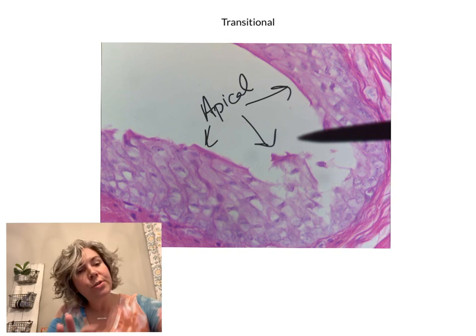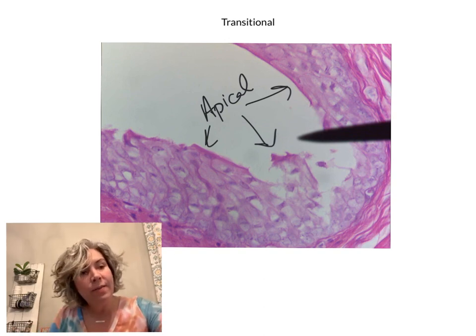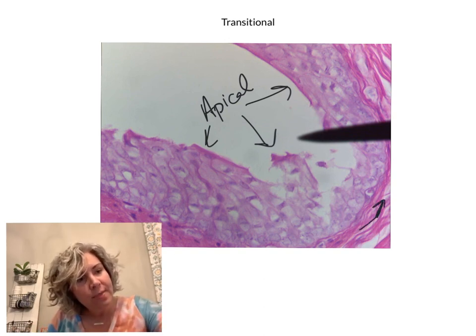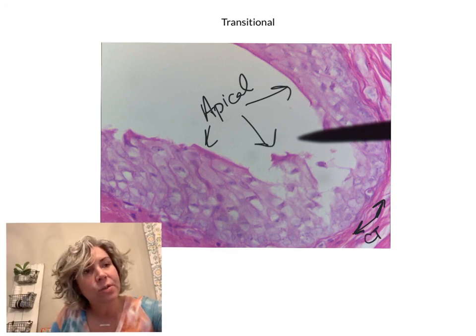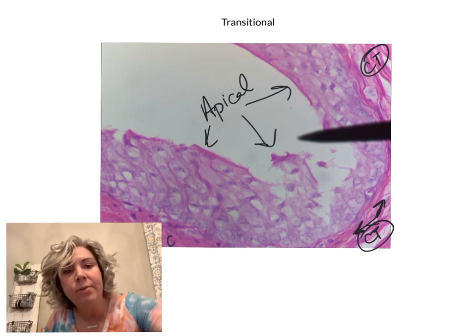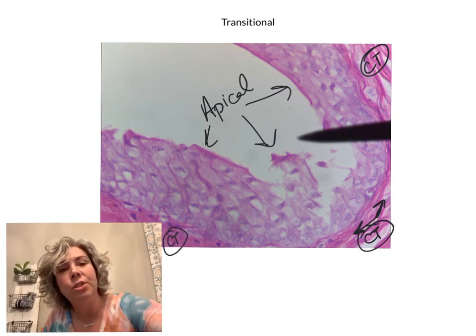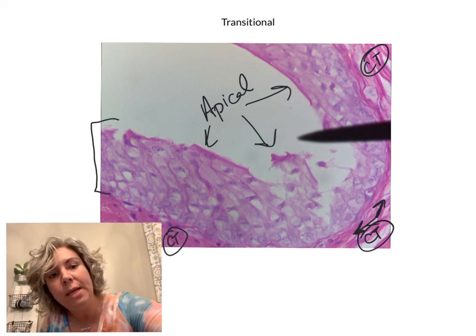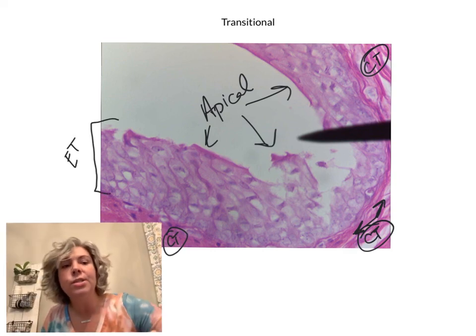And if you look under, there's some kind of pink waves. You see it right in here. This is an area where the pattern changes a little bit. This is going to be connective tissue. So you see some CT here, CT at the bottom, and then right around here in the edge, that's going to be connective tissue. So that means everything from here to where that pattern changes is going to be our